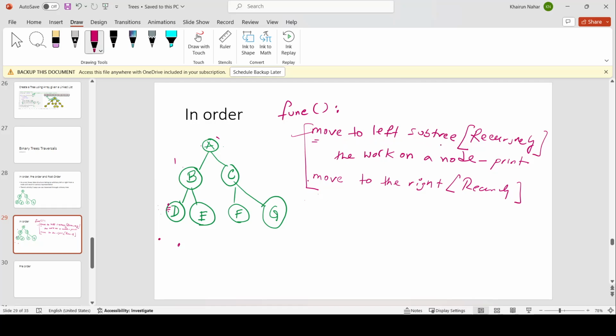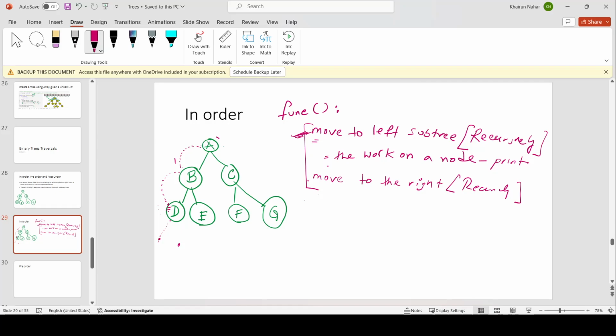Moving to the left subtree recursively means if we start from a node, let's say the root, আমরা যদি যে কোনো একটা নোড থেকে শুরু করি, let's say root, আমরা বাম দিকে যেতেই থাকবো যে পর্যন্ত না শেষে পৌঁছায়। শেষ কিভাবে বুঝবো? যে নোডের বাম দিকে none আছে, let's say D, the left node of D is none. So this is where I stop. এই প্রথম লাইনটা হচ্ছে move to the left subtree recursively। আমরা শুধু একটা লেফট চাইল্ডে গিয়ে থেমে থাকবো না, we will be keeping on moving to the left. যখন আমরা D তে পৌঁছাবো তখন দেখবো যে আমার লেফটে আর কোনো সাব ট্রি নাই, তখন D এর ক্ষেত্রে প্রথম লাইনটার কাজ শেষ হবে। প্রথম লাইনের কাজ শেষ হওয়ার পর আমরা দ্বিতীয় লাইনে চলে যাব।